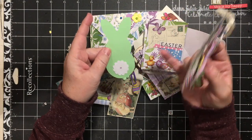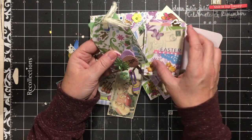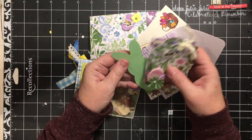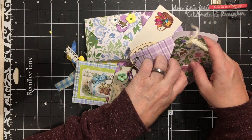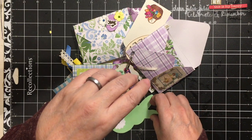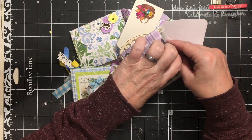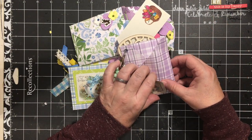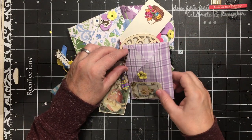And then here's another one of the die cuts that I was gifted, and it just matched perfectly. So I was like, I'm putting that in there because it matches. Look, it matches the flowers that I used all throughout this project. I'm really trying to use the items in my stash. I have so much stuff, especially all the little gifts. I could never use them all in my personal stuff, so I'm